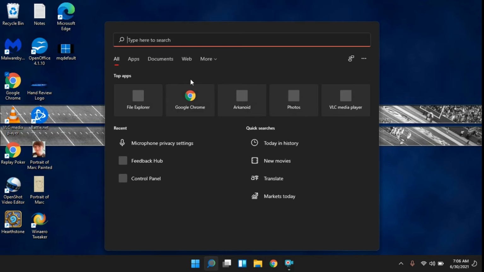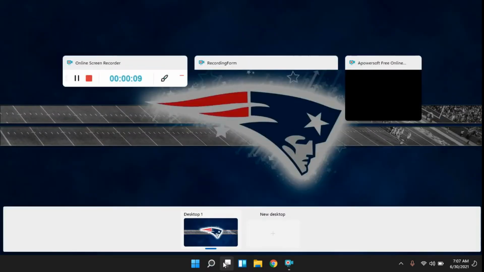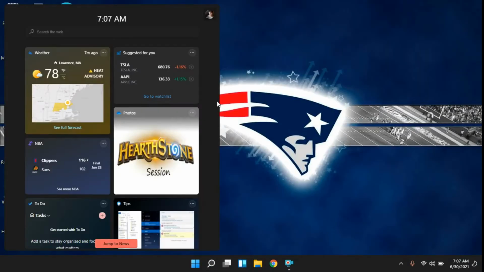So this might be a bug, which is expected in these developer builds. So yeah, I like it, it's a clean new style, I guess. It's nice. And then you have the task view, which is basically, you can see I have my recording software running. So let's just jump right over to widgets,